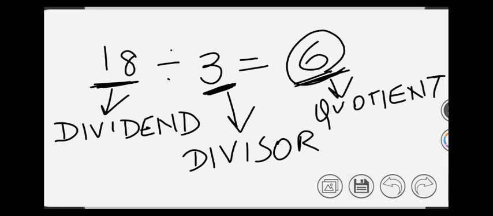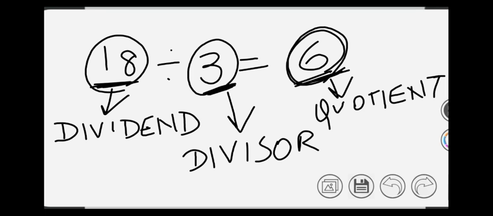So if I take that example of the balls, the total number of balls, that is the dividend. The total number of balls was 18, so that is the dividend, divided among 3 students. So what do we have to divide? Here I have to divide it equally among 3 students, so that becomes the divisor. And how much will each get? Each student will get 6 balls, and that is the quotient.